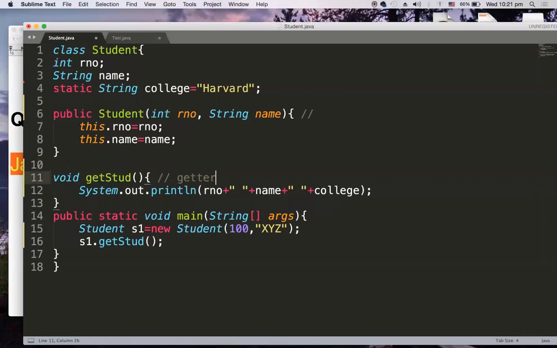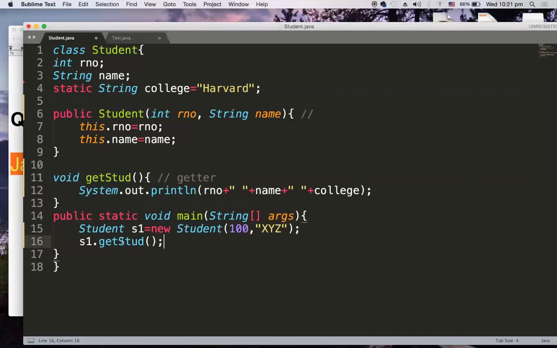written here, right? So to get these values, in the main method we are creating an object, Student s1 equal to new Student. So this constructor was there. During the creation of an object, however, you have to use a constructor. That's why we are making use of a constructor here and eliminating the setter method. That part is clear. So we are passing the roll number and name, and we are constructing the object.